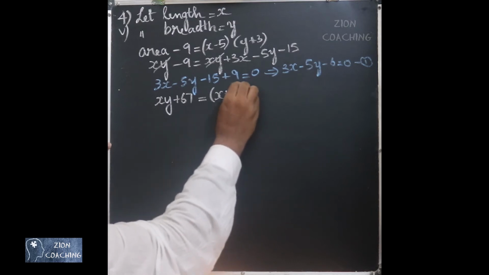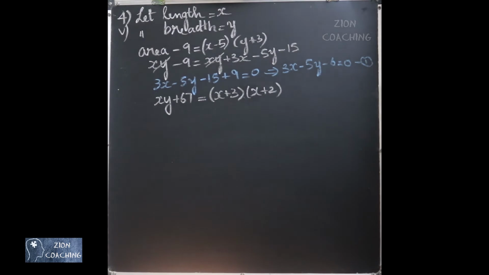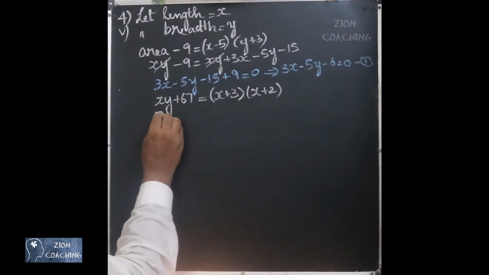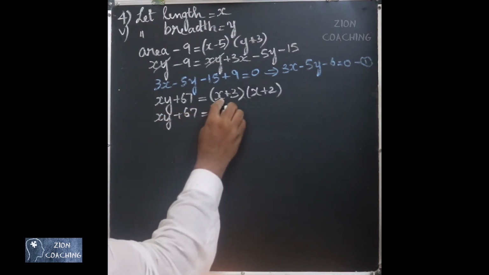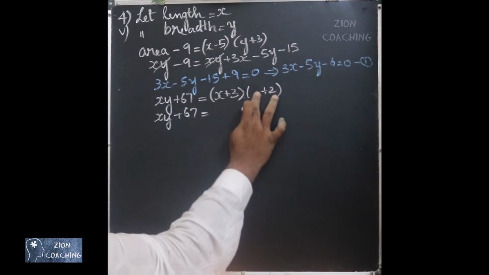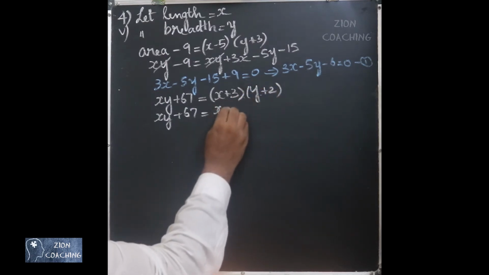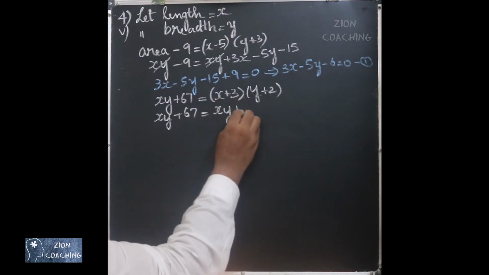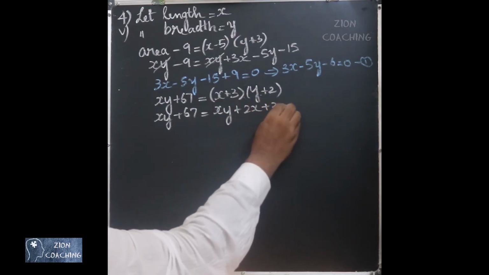So we are going to have x plus 3 into y plus 2. Now both are increasing. When you expand this, you will have xy plus 67 equal to, this is actually y. X into y is xy, 2 into x is 2x, 3 into y is 3y plus